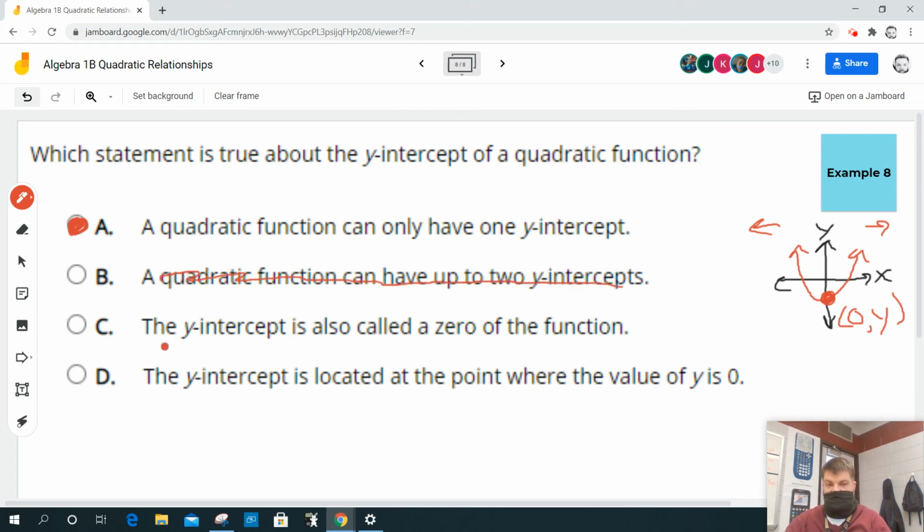It says the y-intercept is also called the zero of the function. No, that's the x-intercept. And the y-intercept occurs when the y value is 0. Nope, that's the x value. So A is the correct answer. Does that make sense? So I'll leave